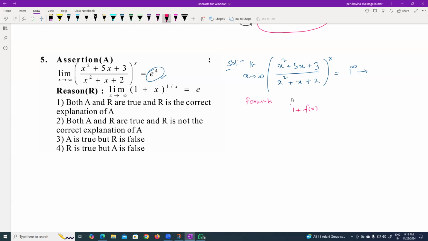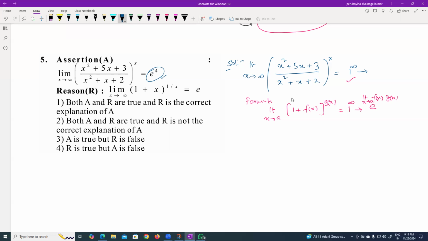So if (1 plus f of x) whole power g of x, and the limit is the variable x tending to a, where a is finite or infinite. If you substitute this limit and you get 1 power infinity, then the very next step is e power f of x into g of x, where the limit is the variable x tending to the same limit. We have to perform this. So here also it is clear that we are getting 1 power infinity. So our very next step was